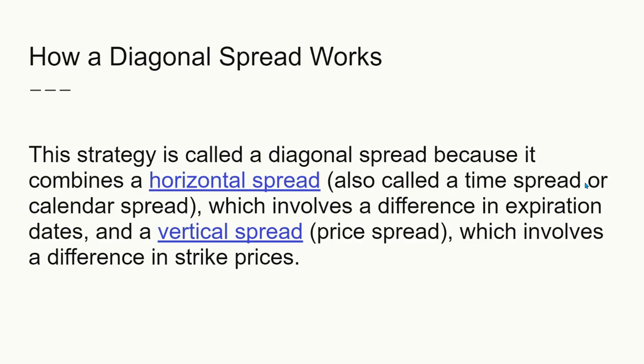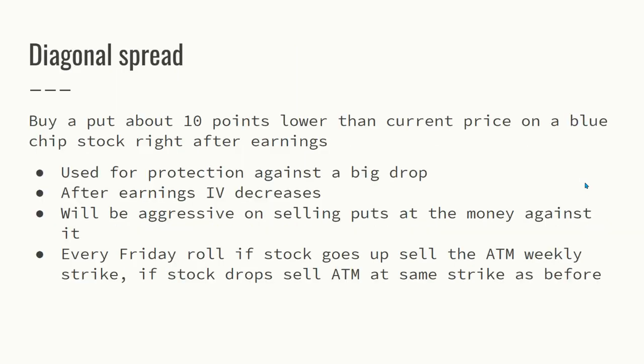But then we're also going to be looking at a vertical spread with it. That's where you have differences in strike prices. So you're essentially doing a calendar spread and a vertical spread, different expiration dates and different strike prices. This is a little bit more complicated than some other strategies, but I'm going to go over exactly what I did with these numbers. Highly recommend checking out some of my other videos on how I'm doing credit spreads in the recent playlist. For diagonal spreads, what I did is I decided to buy a put about 10 points lower